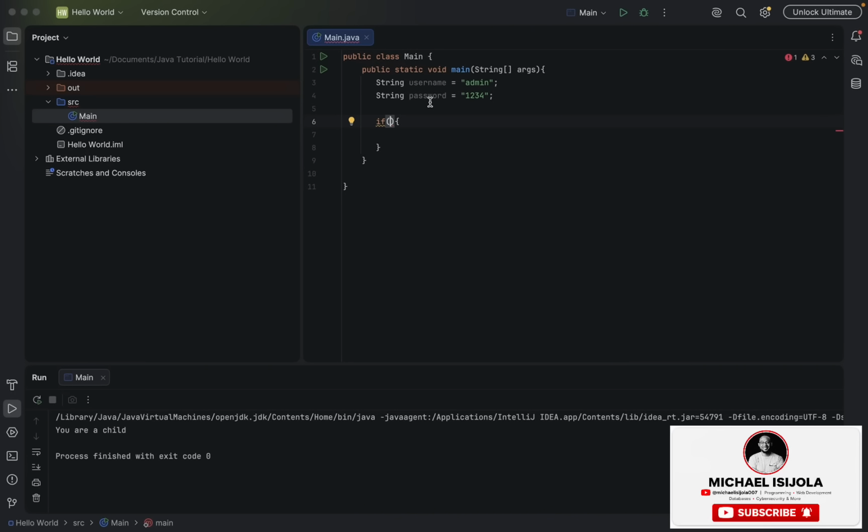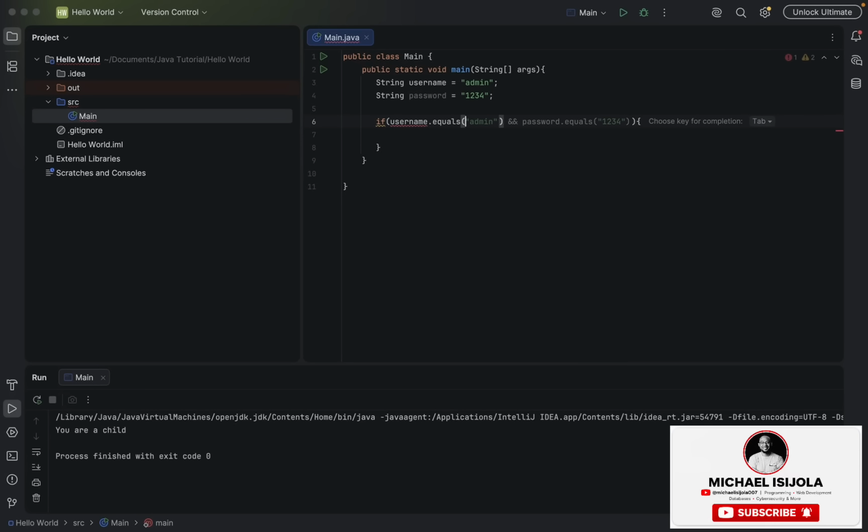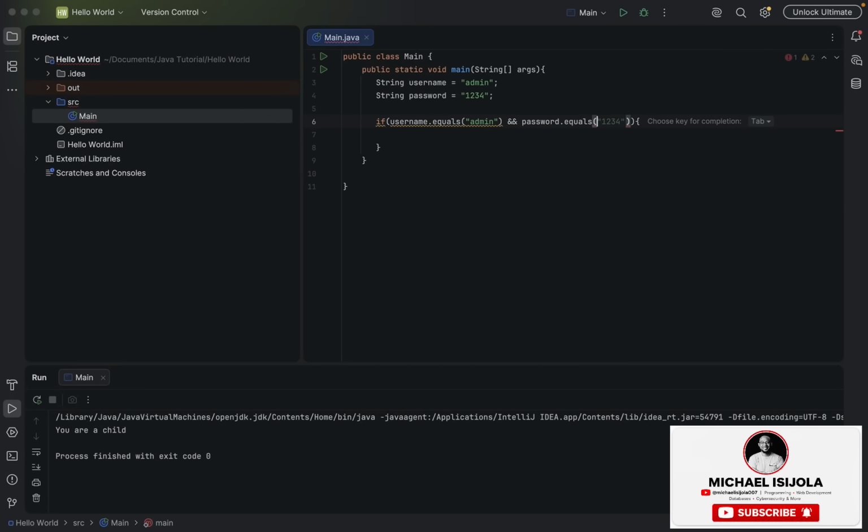So rather than just having a blank screen, we'll say username equals admin, and the password equals 1, 2, 3, 4,